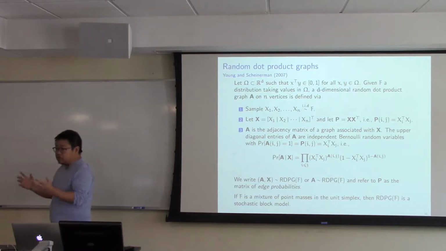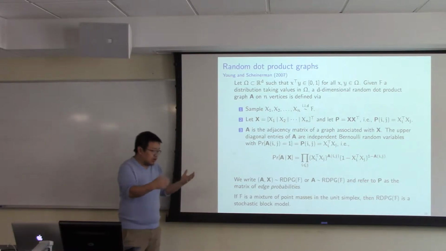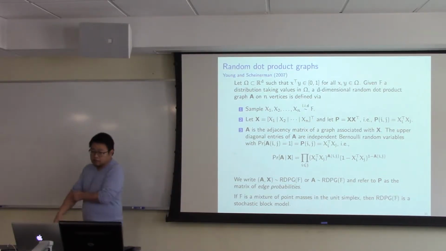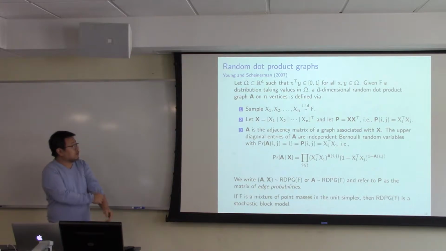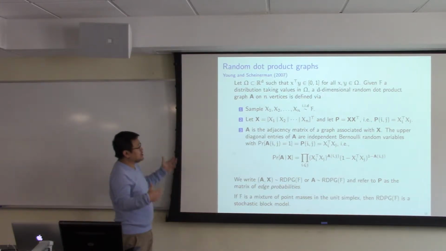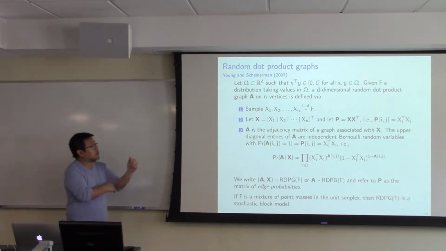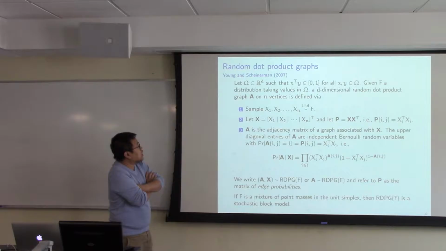the result in the framework of random dot product graphs because in a stochastic block model graph, you only have community membership, so it's not clear what the points represent. But it turns out that the random dot product graph is a reasonable generalization that gives you the stochastic block model graph back. So Ed Scheinerman and one of his PhD students consider this model for which